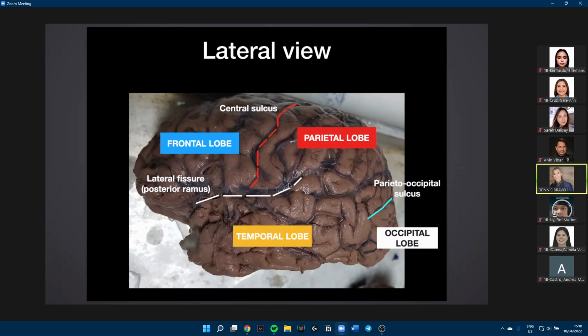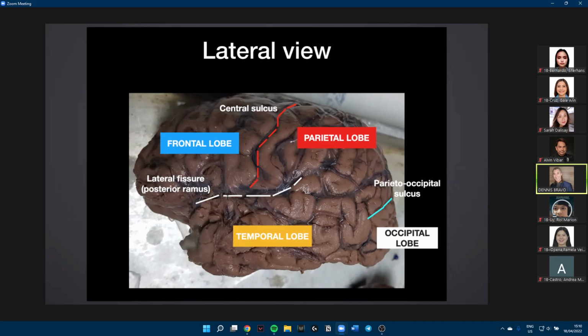Those are the same names for this particular fissure. This lateral fissure divides the frontal and parietal lobes from the temporal lobe inferiorly. In other words, the temporal lobe is separated from both the frontal lobe and the parietal lobe by the